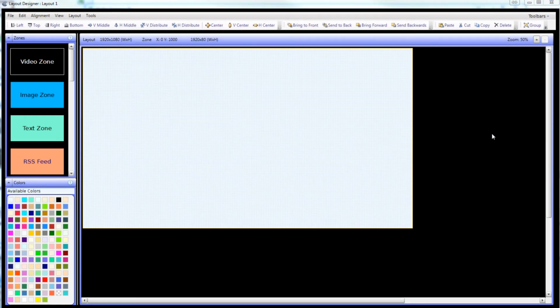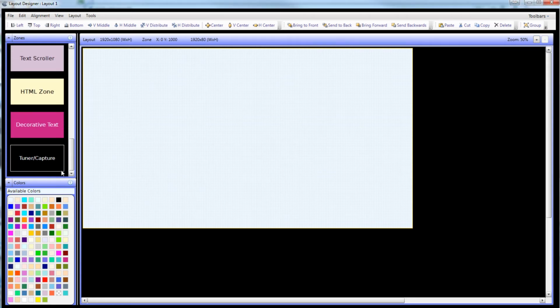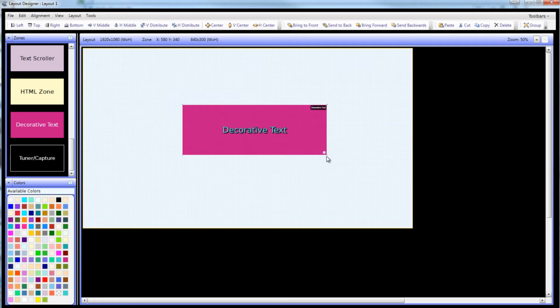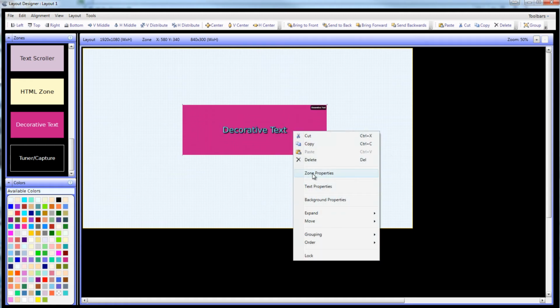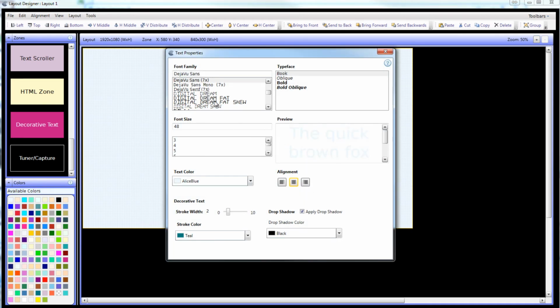Next, I thought I'd skip around a little bit and take things more in a logical order. I like to skip down to the bottom zone, next to the bottom zone, which is a decorative text zone. And this zone is almost identical to the regular text zone, with the exception that your text can be more decorative looking. It's more 3D looking, and it's pretty much got the same